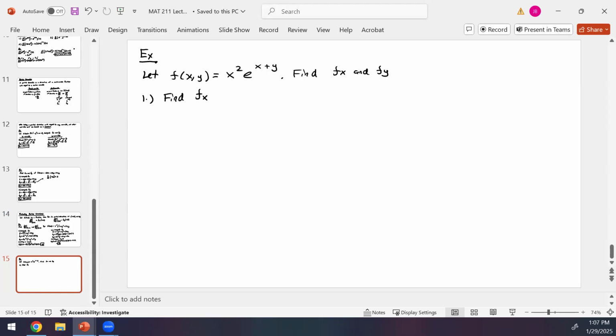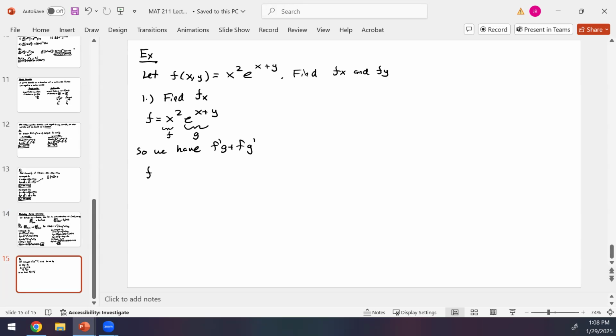And so then, if we write down f is equal to x squared e to the x plus y, we recognize that there are two functions next to each other, x squared and e to the x plus y, that both share an x, right? So that means we do have to use the product rule, okay? So I'm going to call this one here f, and I'm going to call this one here g, okay? So we have f prime g plus f g prime to remind us of the product rule,